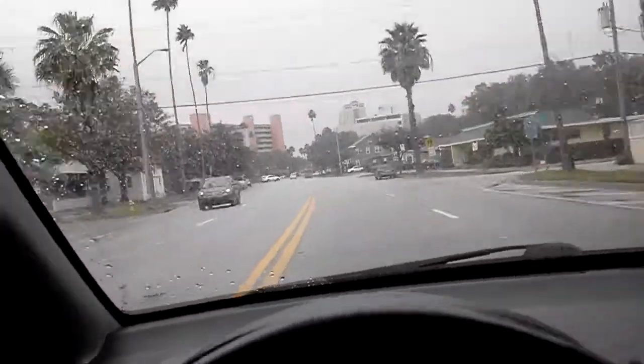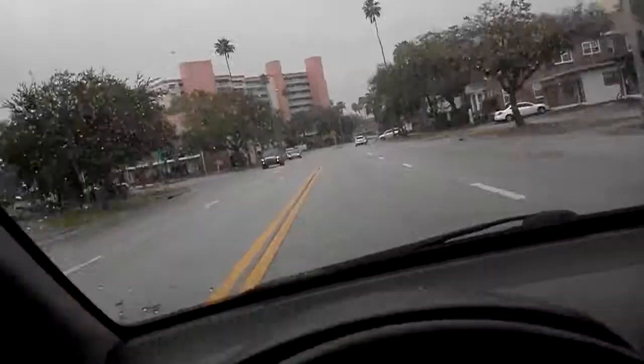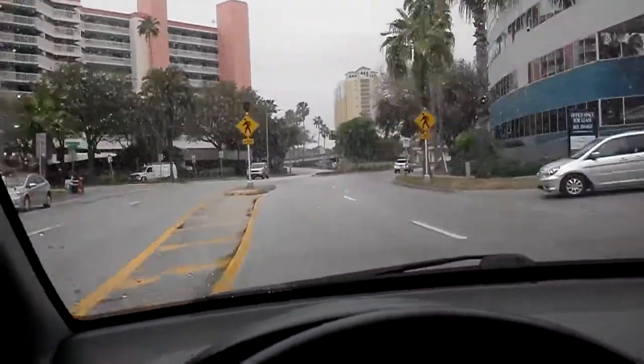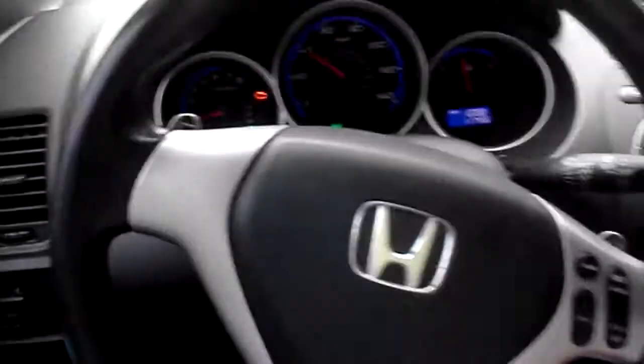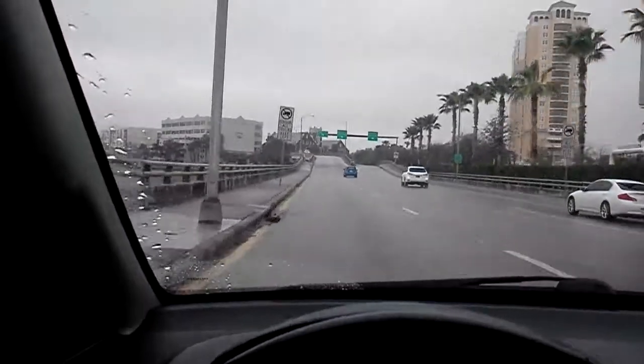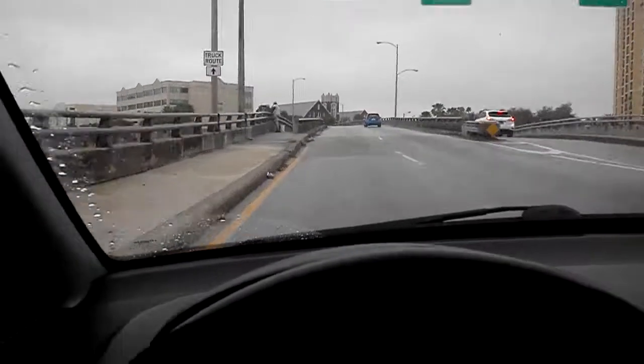The other thing I noticed is the steering is really fast. Some people don't understand what I mean by that, but if you're kind of an automotive enthusiast, then you probably understand what I'm saying about the ratio. Right now, I'm going around some pretty decent curves up here, they're about 25 mile an hour turns, and I'm going a good bit faster than that right now, which I can't push too much because of the rain, but